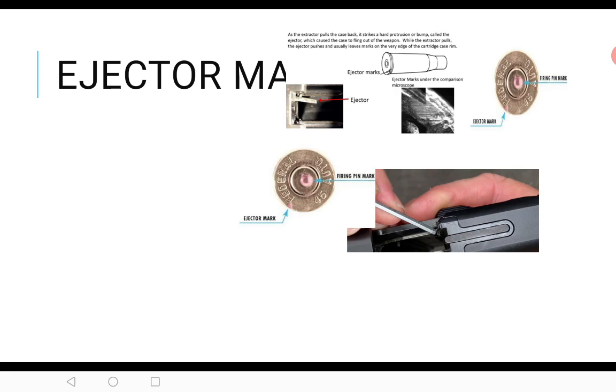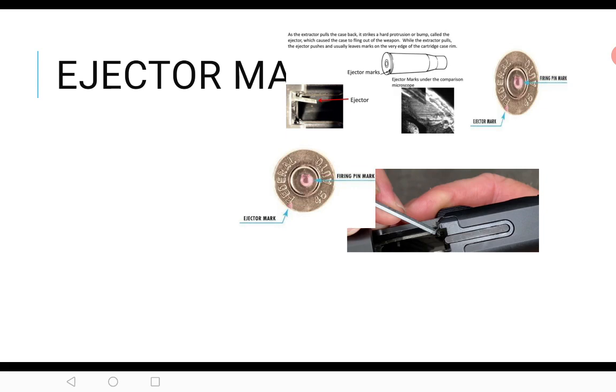Next, we have here ejector marks. It is sometimes created when the cartridge cases are ejected from the action of a firearm. Ejector marks can be either striated, so isa pa itong parang striation form, katulad ng extractor, or impressed. But the impressed ejector marks not only can be used to identify a cartridge case as having passed through a firearm action, they can also be an indication that the cartridge case was fired in